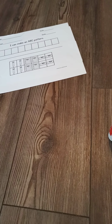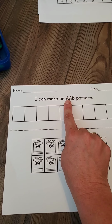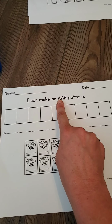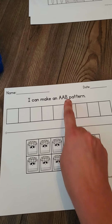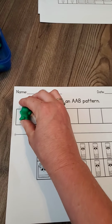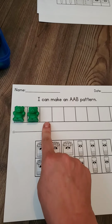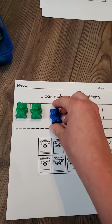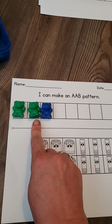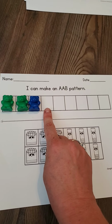The next pattern that we have is called an AAB pattern. This one is different. This one has only 2 things, but you have AA, so you have the same thing, then you have something different. So for this one, I'm going to go ahead and do 2 greens because this is an A, and this would be an A. So AA, B would be different. So I'm going to go ahead and do blue for B. So AAB. So green, green, blue. Okay, so now we need AAB. So on this, I'm going to have